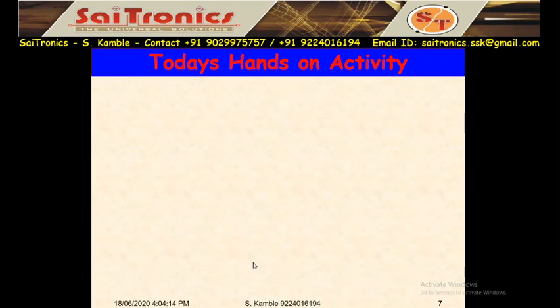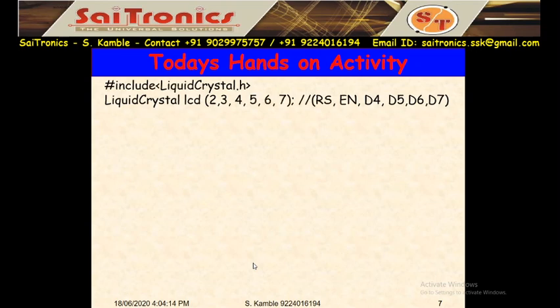Okay. So now we will see the coding for that. So #include <LiquidCrystal.h>. This is a compulsory header file we have to add. Up till now we had not added any header file, but for the LCD you have to add this header file. Then LiquidCrystal lcd, with the pins of RS, enable, D4, D5, D6, D7.